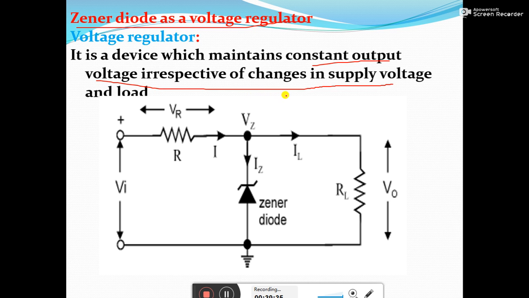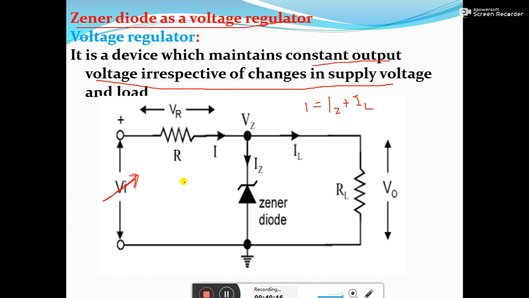We shall see the first case, that with increase in the supply load, what happens. Let's say I keep the load constant and I only increase the voltage here, and this kind of regulation method is known as line regulation. With increase in V, you can see there is a node here, and I can write the KCL equation for this node as I will be equal to Iz plus IL, because the sum of incoming current is equal to the sum of outgoing current, Iz plus IL.